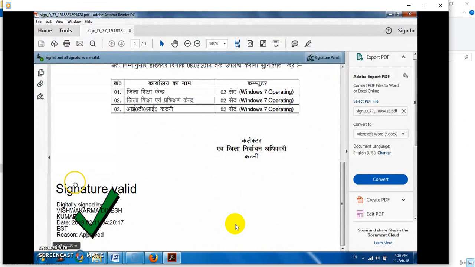It will not come exactly here. I think some settings are required in future, but this is signed. The signature is valid. I used Mr. Dinesh Vishkarma ji's DSC, so his name is coming, thanks to him. Okay, as of now our order is approved, so he can dispatch from